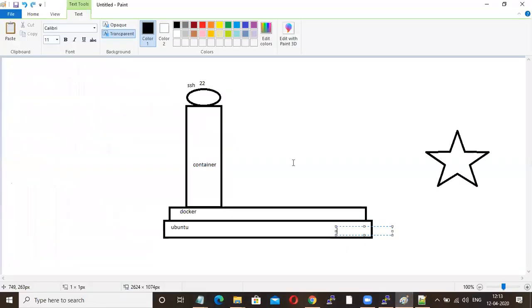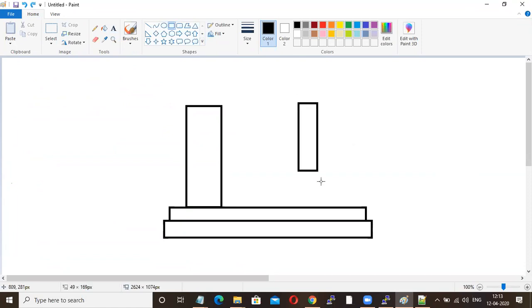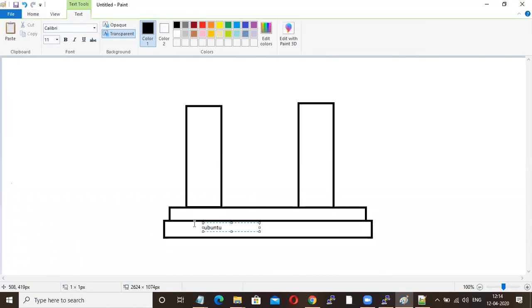See here, this is your Ubuntu machine, this is Docker, this is the WordPress DB, and this is WordPress.